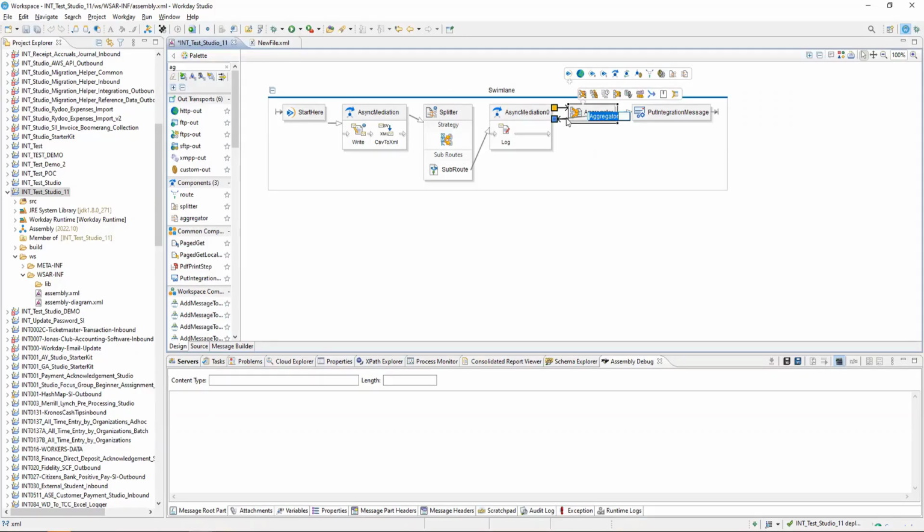Aggregator does just the opposite of it. As the name says, it just aggregates whatever messages are coming. It will wait till everything comes, and then it will club it and give you the output.